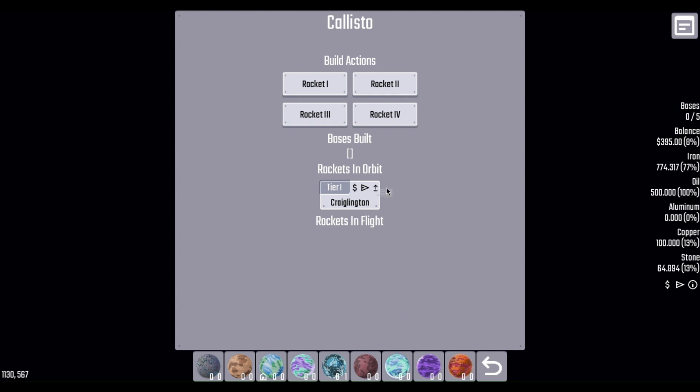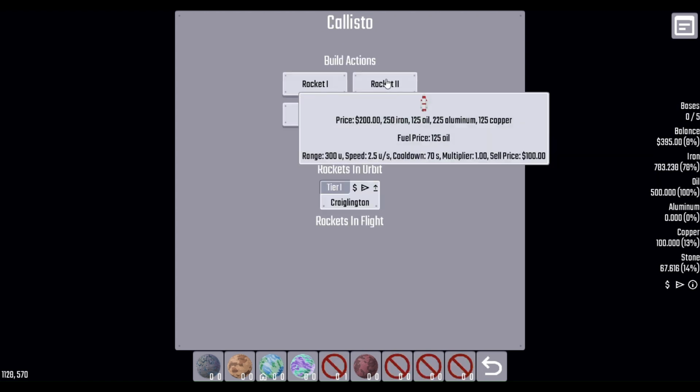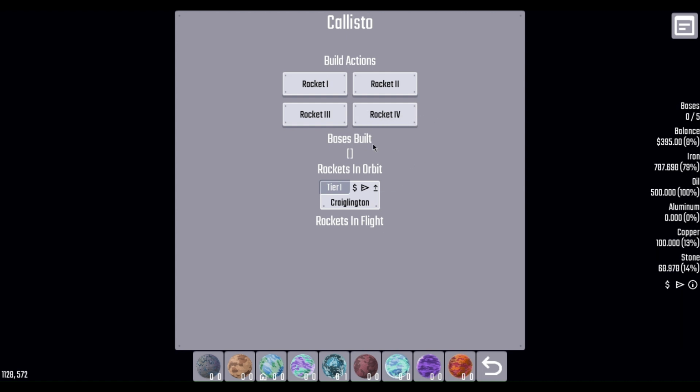Okay. Now a base, as you can see here, or on the information tab, has a multiplier of 2. So that means every second, if you have a base there, each of these numbers down here is multiplied by 2 and then added to your balance over here. Now you could have a base and a rocket, and then you'd have a multiplier of 3, 2 plus 1, and then each of these numbers would be multiplied by 3 and added over here. So the more bases and rockets you have, the faster you'll be accumulating the resources, basically. So yeah, that's pretty much the game. You're basically going to be sending rockets to planets,